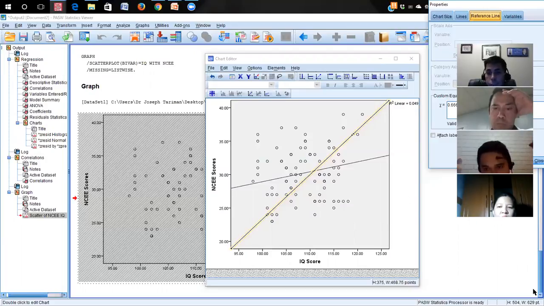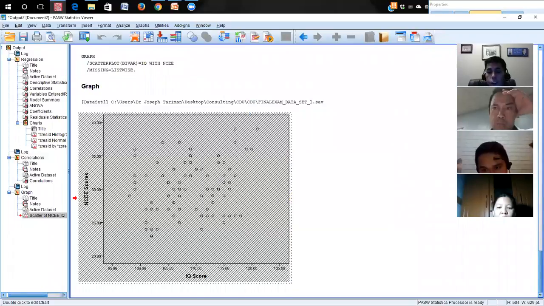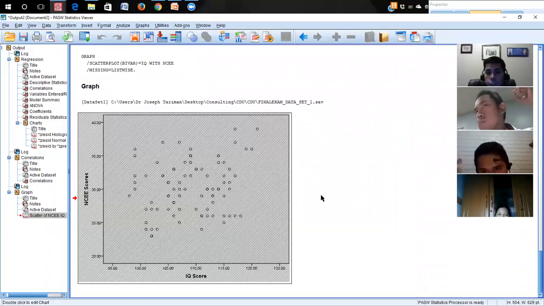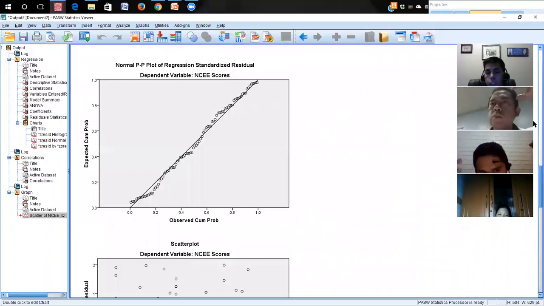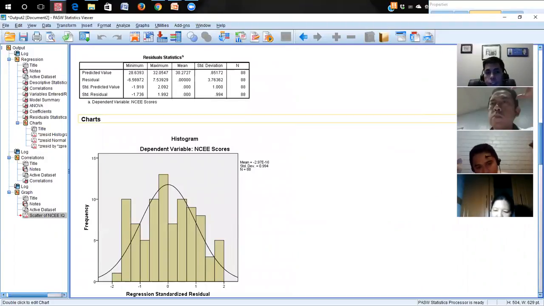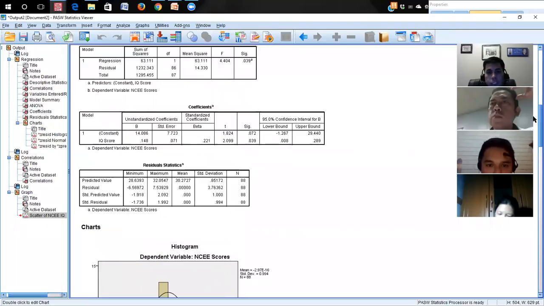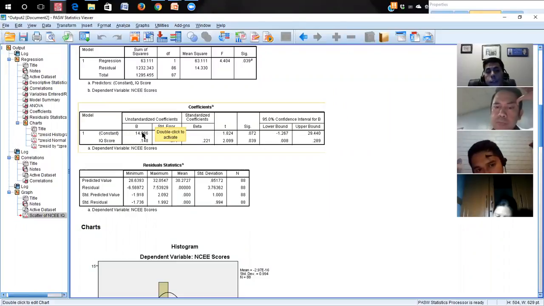So that's it. This is what regression is all about. What is the value of regression? It's this one, the unstandardized coefficient. We're able to look at, using this model, we know that if our IQ is 0, our NCEE score will be 14, based on a model where the mean score of the